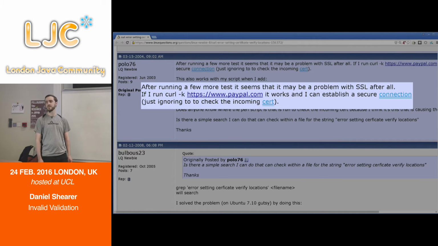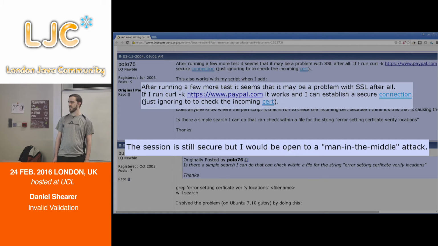This then goes on to what's probably my favorite quote on the internet at the moment. The session is still secure, but I'll be open to a man-in-the-middle attack. Now, man-in-the-middle attacks is the attack that SSL was invented to protect you against. And it would be nice to think that when people write code that is skipping the validation, it never actually makes it into production. But you know when people are writing this code, it's inevitably going to make it into